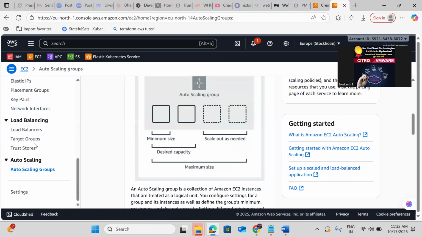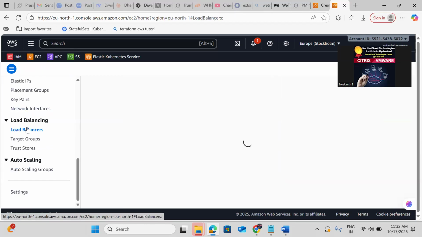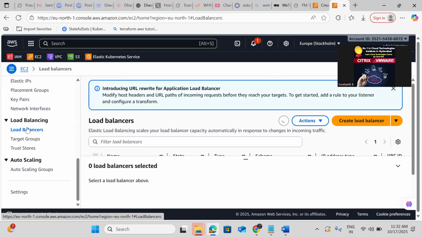But if I'm creating auto scaling groups, users don't know those IPs. Then what is the solution we have? We need to attach all these auto scaling groups to a load balancer. So that is the reason here we are going to create a load balancer. Okay. Then in that load balancer,